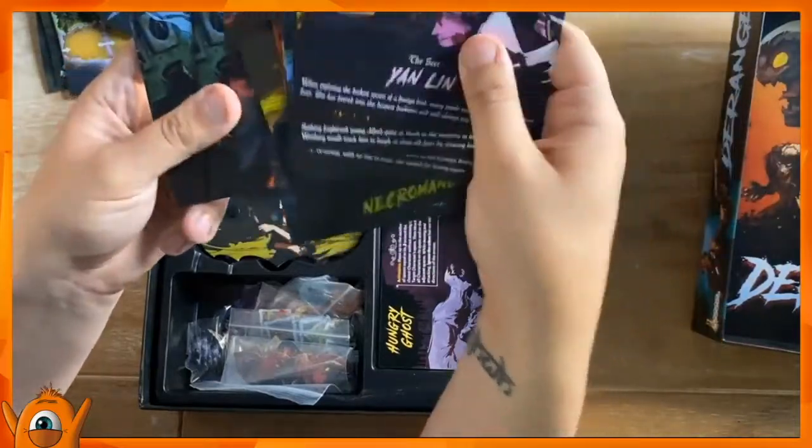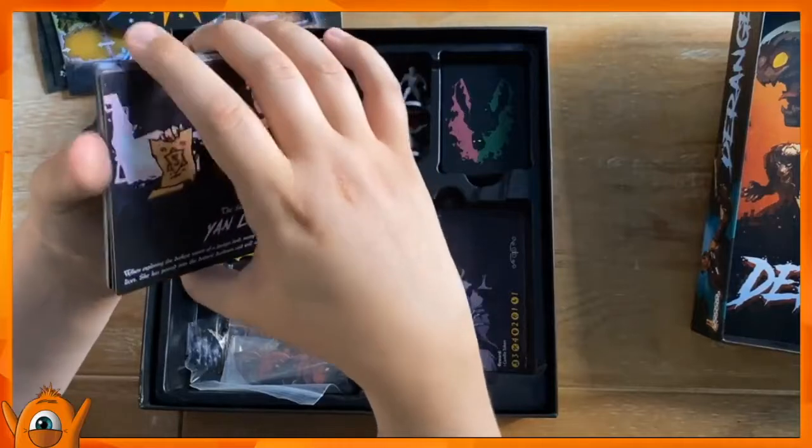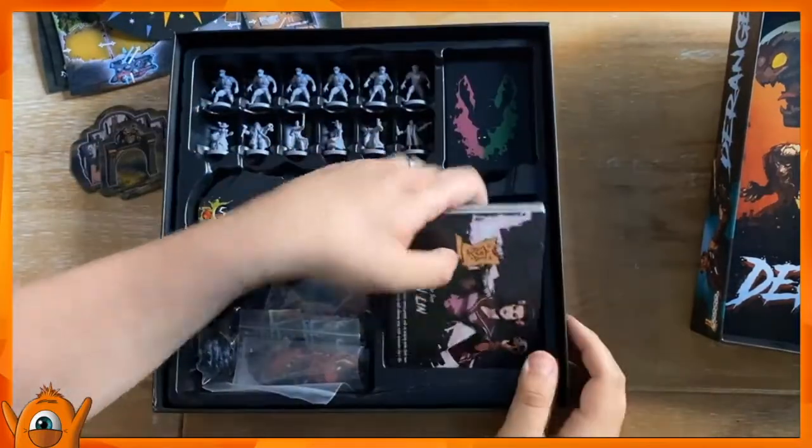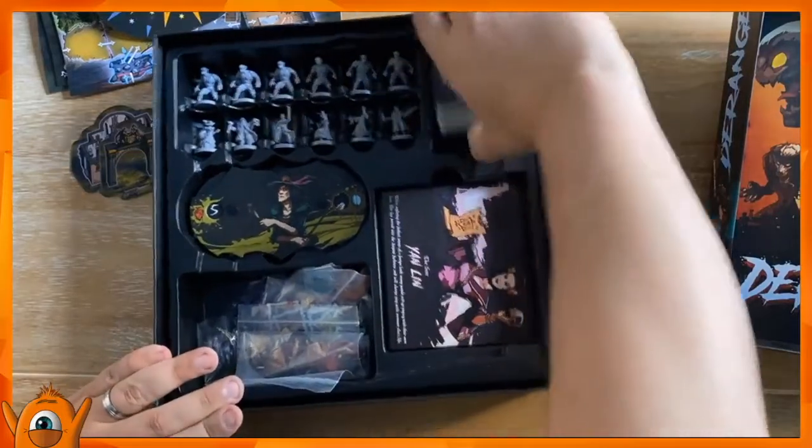And the scenarios, there's 18 scenario cards, and they're split into three scenarios, there's 6 cards each, but you can mix and match them after you've played them all. So there's quite a lot of variability in the game. Then we have